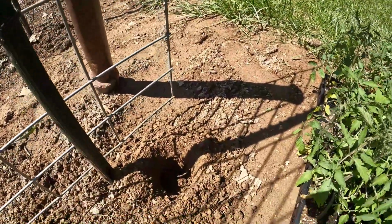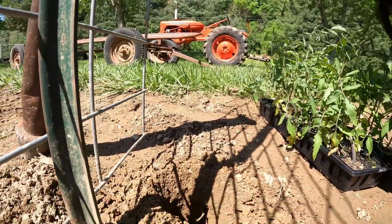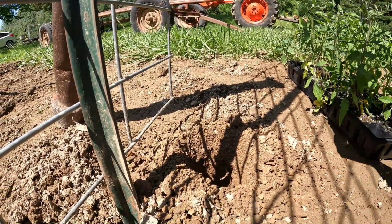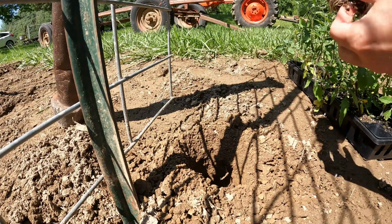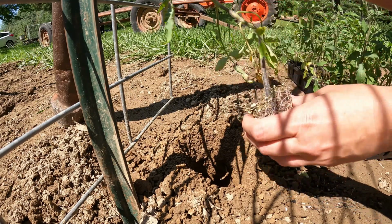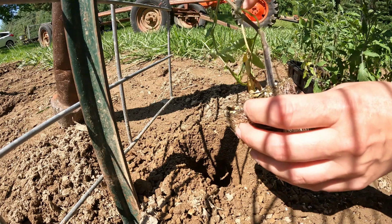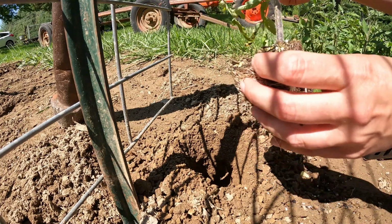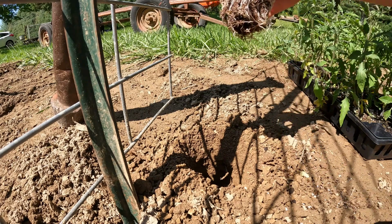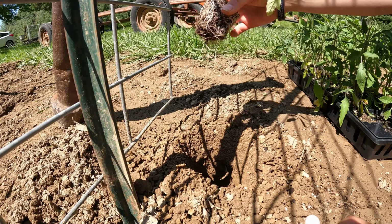I'll probably have to fill in a lot of dirt in some of these holes, because not all of these are very, very tall. What I like to do is clip off all of the lower hanging little limbs. Tomatoes do not like it when their branches or leaves touch the ground when they're planted. So I'm just gonna